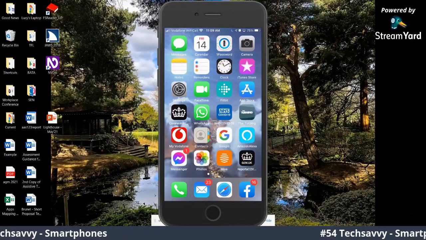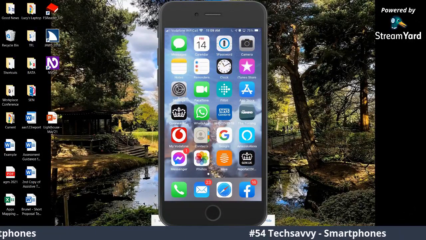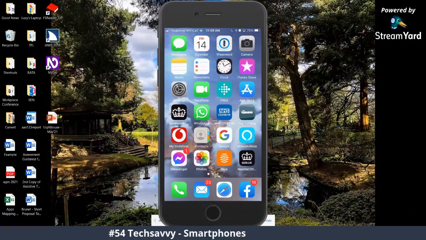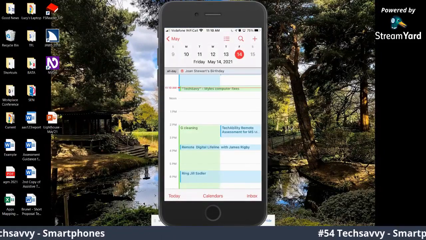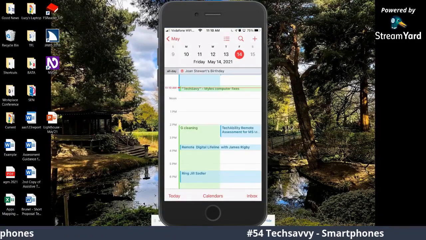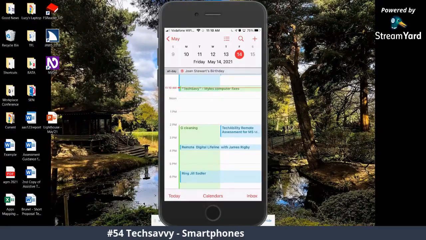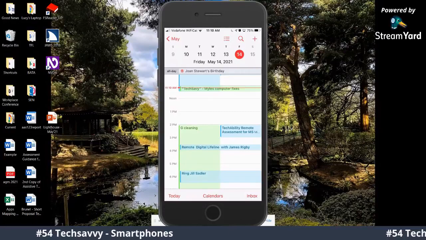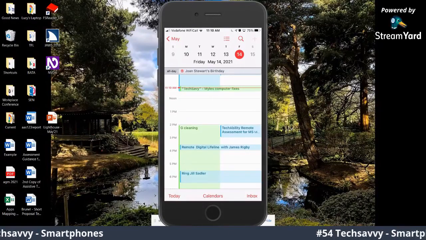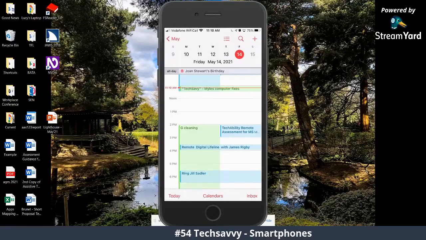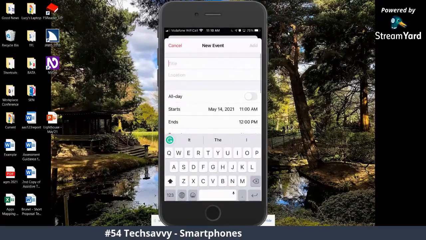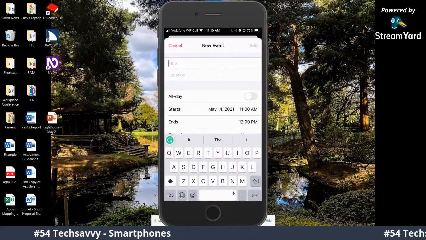But I think perhaps the single most useful thing I use is the calendar. This is absolutely essential for my life. And here I have things that I'm doing today. And it's a simple matter to put an item into your calendar. Everything around an iPhone figures on the plus sign at the top. I'll just go back to that again, the plus sign at the top. And so I can say, speaking